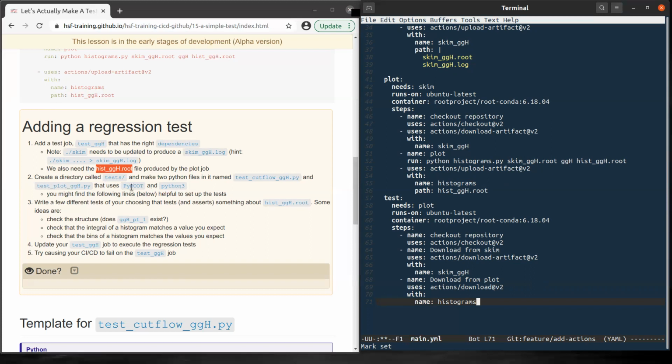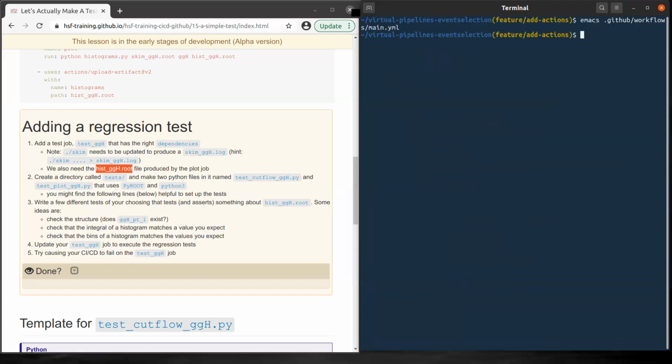Okay, let's now follow instructions here. So we need to create a directory and make two Python files. Let's close this and then make a directory with the name tests. And then let's create two files.